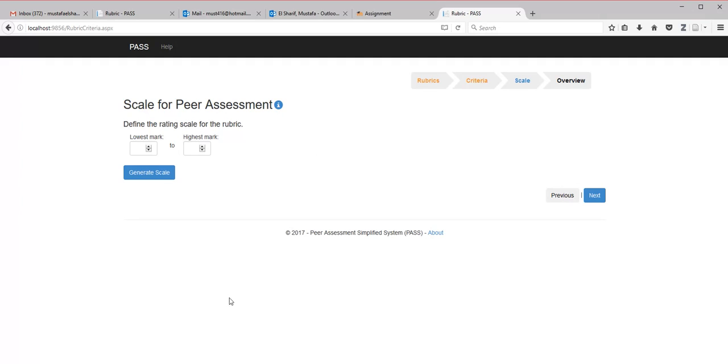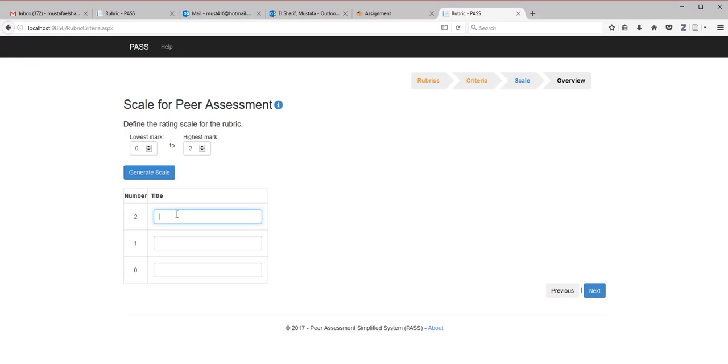Now we have to define the scale, which is the range of marks that students or evaluators will use to mark each other. So let's say 0 to 2, generate the scale. And we'll have 2 as above average, 1 as average, and 0 as below average. And we go to the next step,